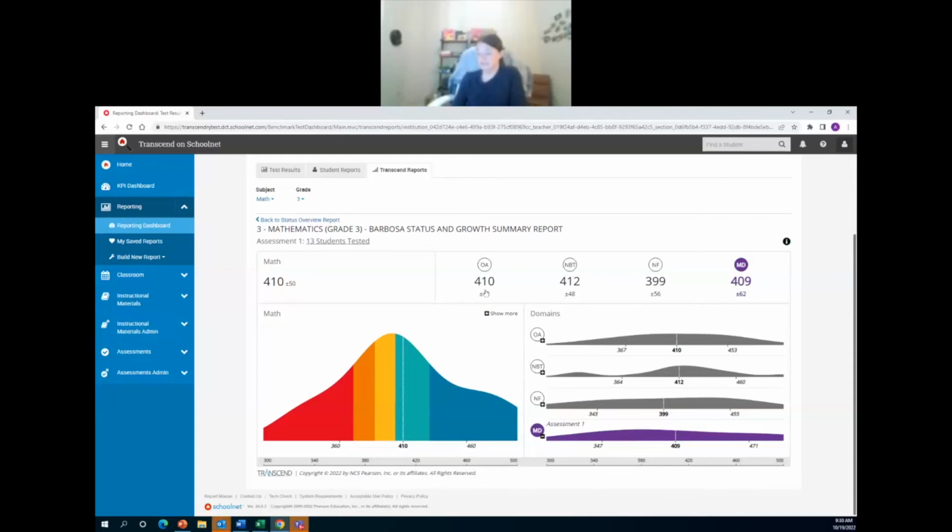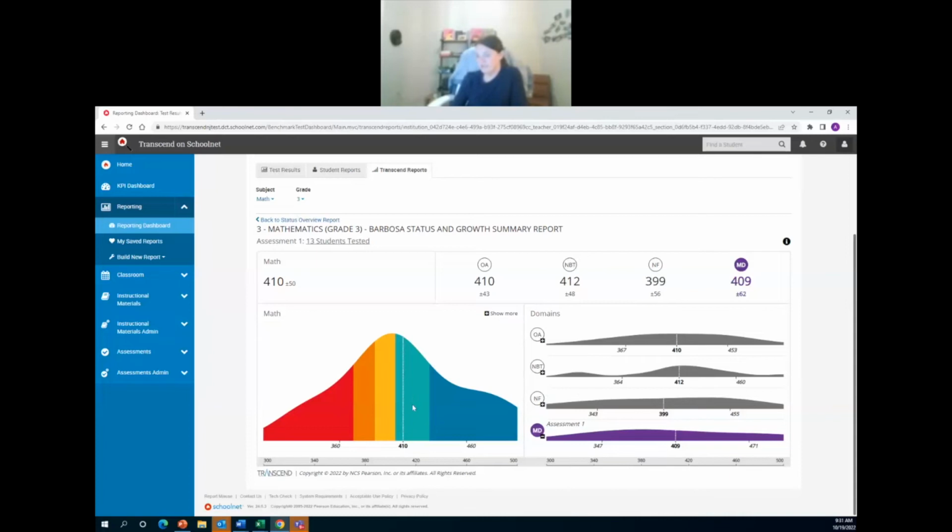If standards within a domain were not selected, then you wouldn't see this information because that means that the student didn't see those items. So this will grow as you are assessing more standards in Assessment 2 and Assessment 3. But for now, we can start to see that numbers-based 10 appears to be an area of relative strength, and numbers and fractions is an area of relative weakness. And so that would signal to the teacher that that's an area that more students are struggling with by virtue of their score.